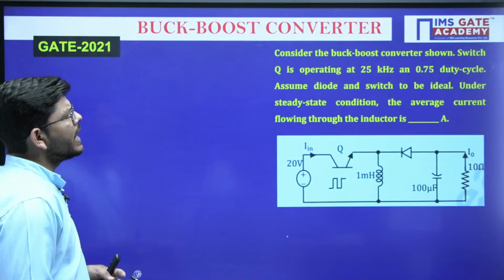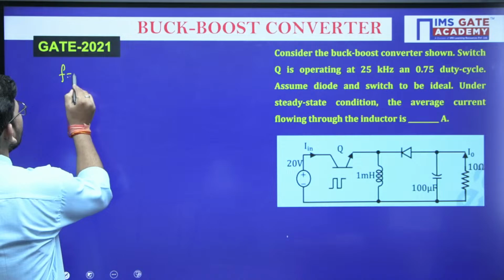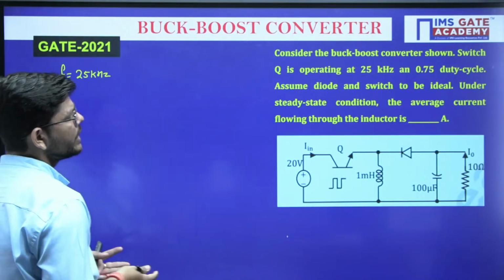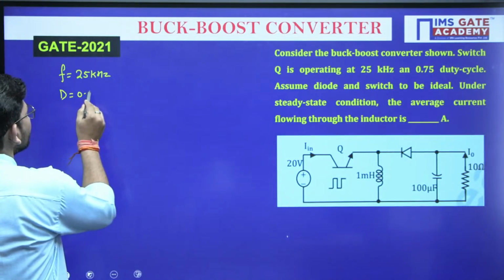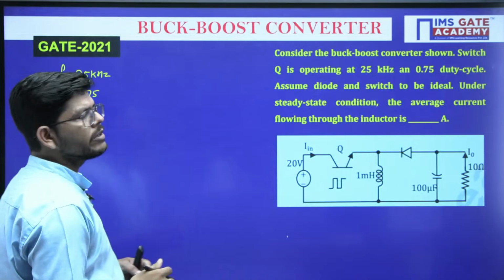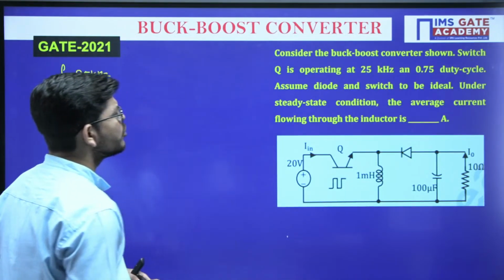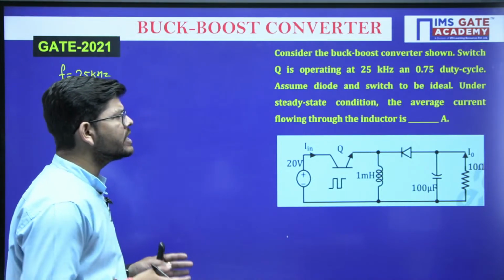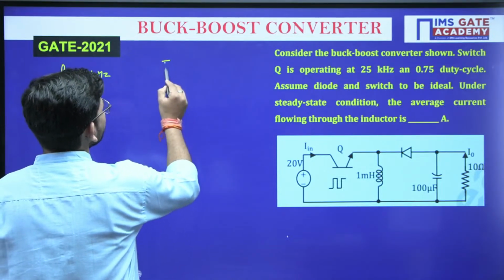Switch is operating at 25 kilohertz. What is given? 25 kilohertz means F is given as 25 kilohertz. Fine. And duty cycle is 0.75. So at 0.75 it will be acting as a boost converter. Assume diode and switch to be ideal. Under steady state condition, the average current flowing through the inductor will be. What we have to calculate here is